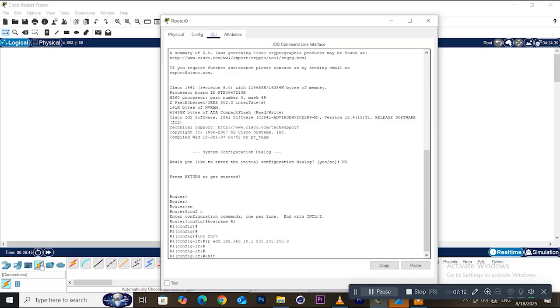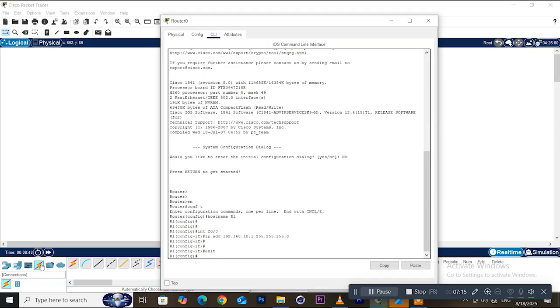Okay, so now that we have given it an IP address, the next thing we have to do is start creating our DHCP pool. The command to create a DHCP pool is ip dhcp pool, and then you give it a pool name. So you say ip dhcp